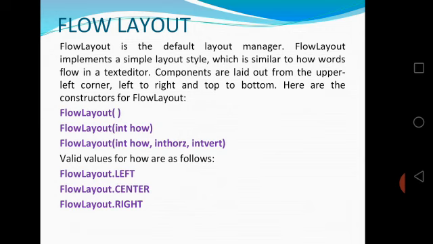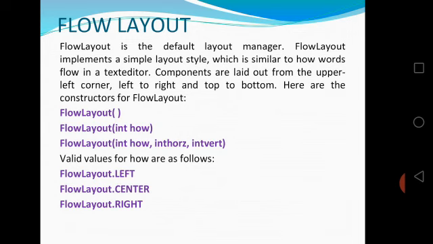There are three different layouts: flow layout, border layout, grid layout. Now we are going to see about the flow layout. Flow layout is the default layout.